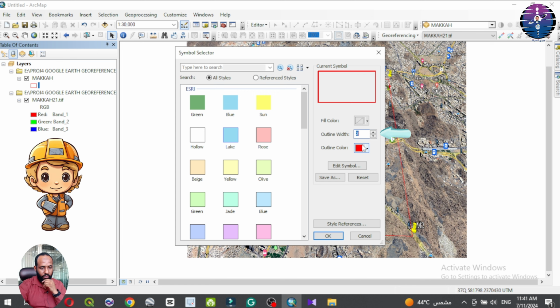Now we go to Editor, start editing. Create feature, choose Mecca. From here, active, Mecca, create feature, go to M1, click, then M2,